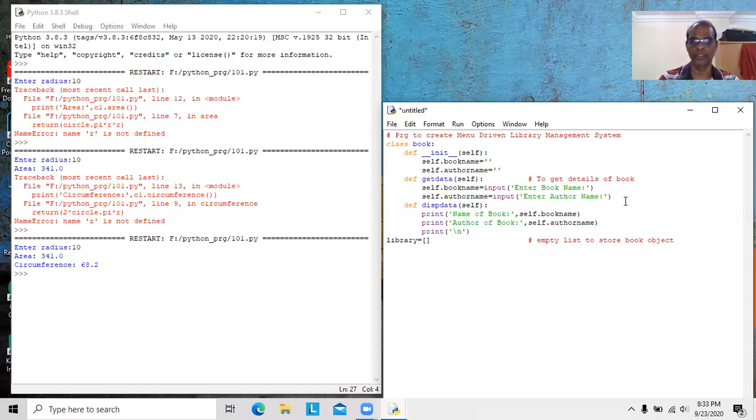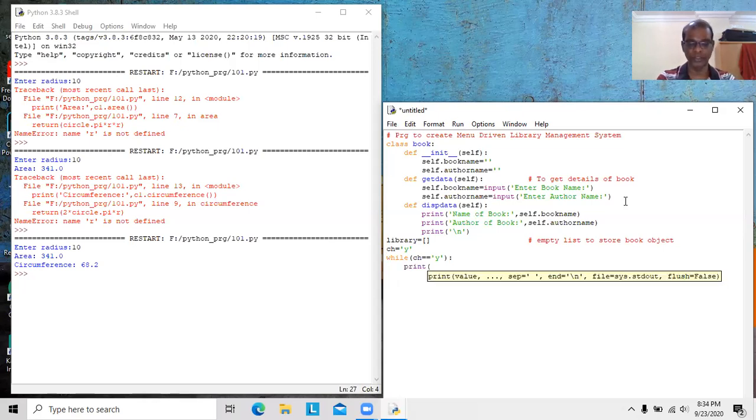Okay. Now we will see ch equal to while. I am declaring one variable, then while loops keep on running. While ch equal to while, this is one loop statement. Print number 1, add new book.